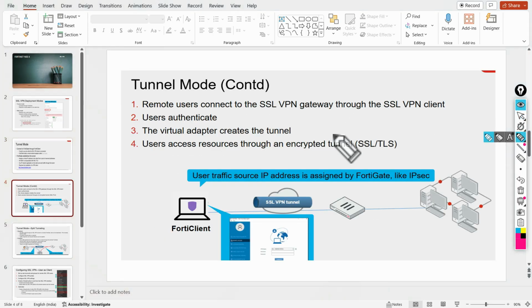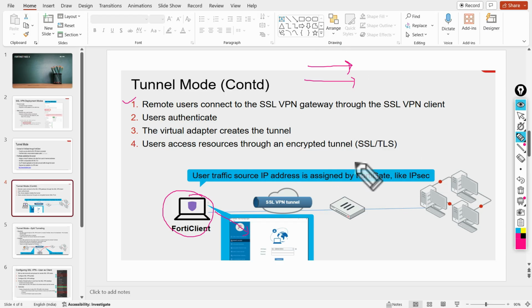In this slide, we'll understand how this communication will happen. First, the remote user connects to the SSL VPN gateway through the SSL VPN client. This is one of the FortiClient users, and this is the FortiClient software. In a real scenario on FortiClient, you have to provide the IP address of your SSL VPN server and configure the SSL parameters also.